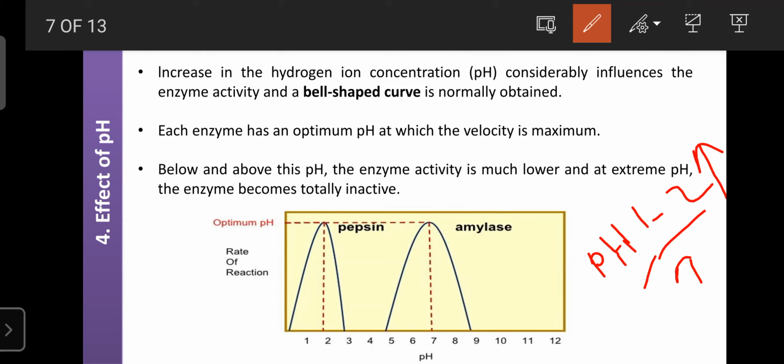Or if the pH is less than 1, then the pepsin activity also decreases, because the maximum activity of pepsin is at the optimum pH of 2. That's why you should not take antacids or anti-ulcer, anti-secretory drugs unnecessarily, because they enhance the pH of the stomach, where the protein cannot be metabolized due to the increased pH, and the pepsin